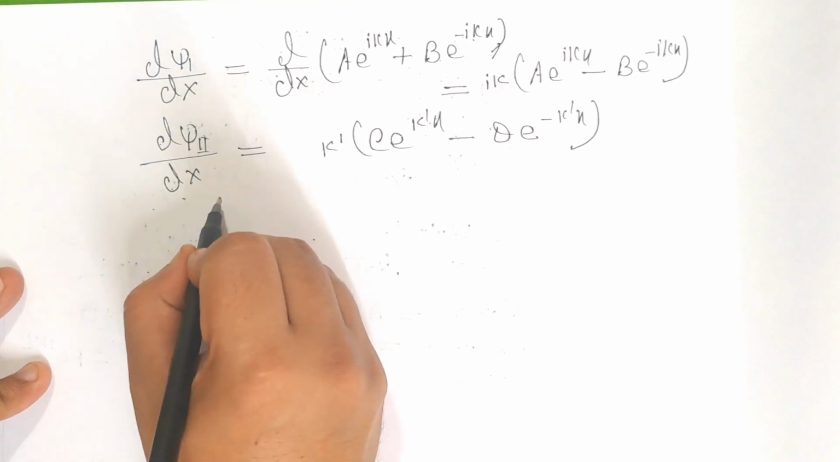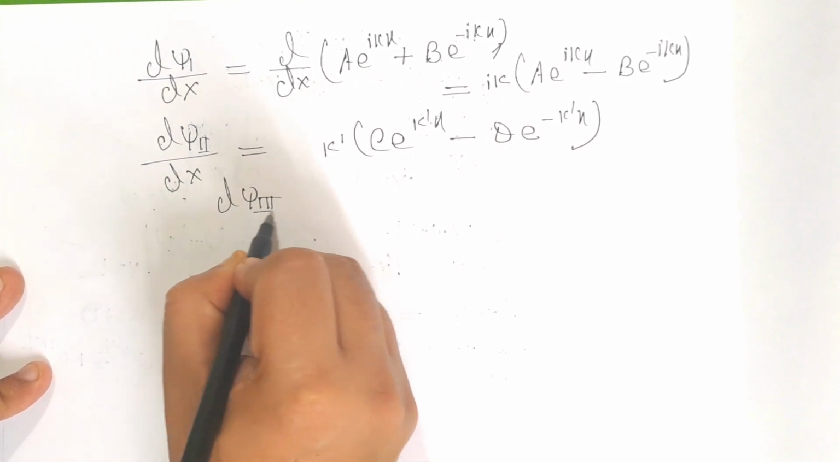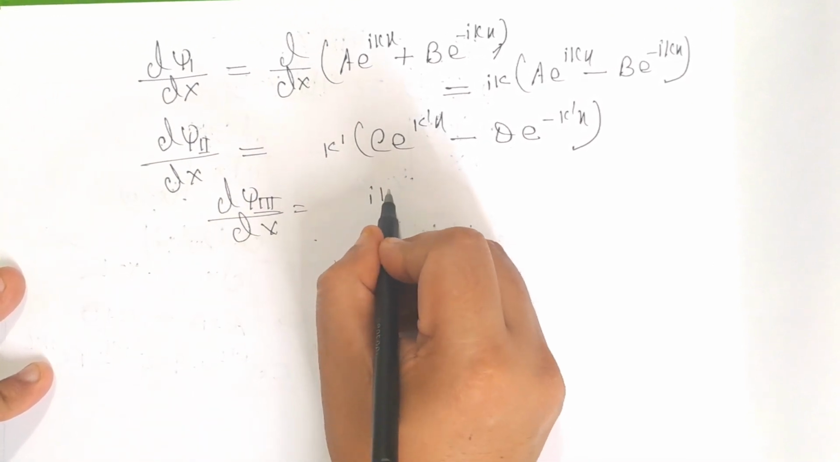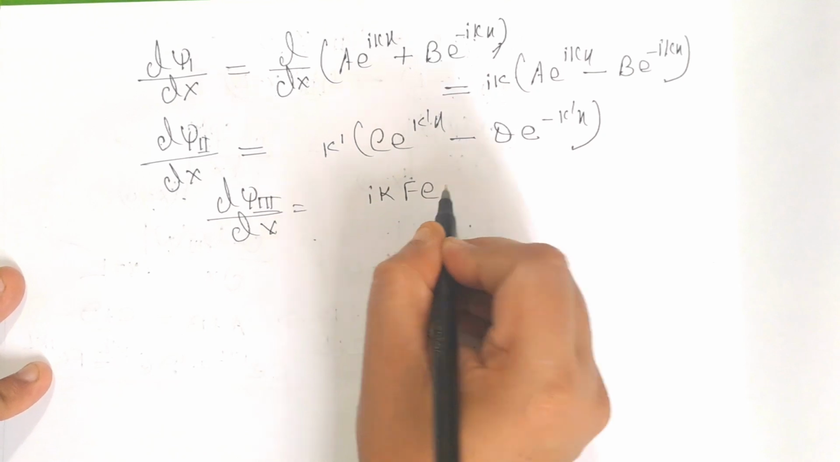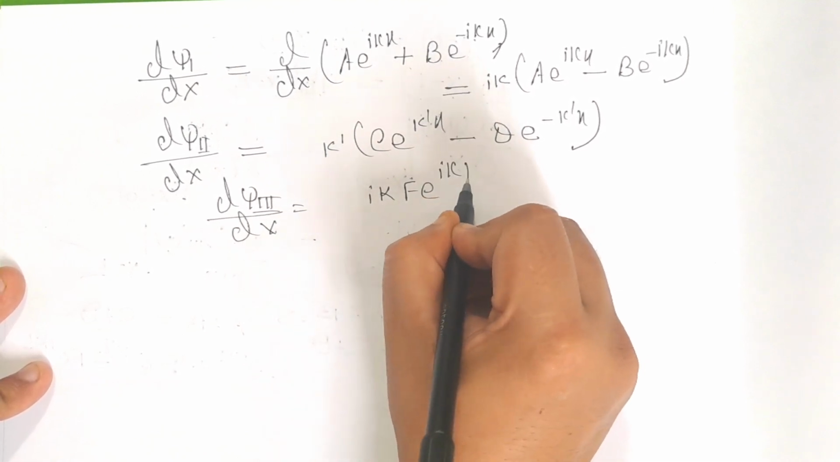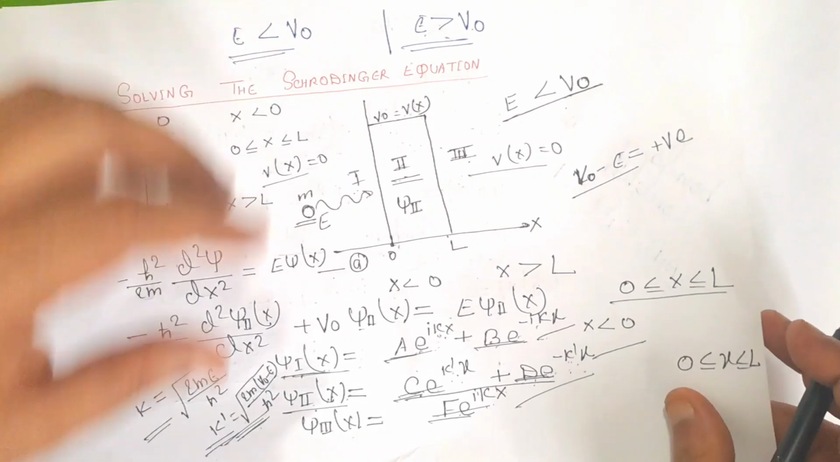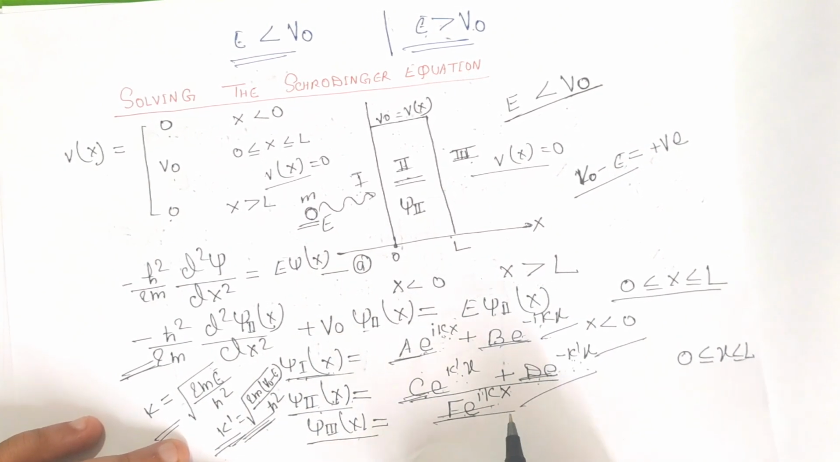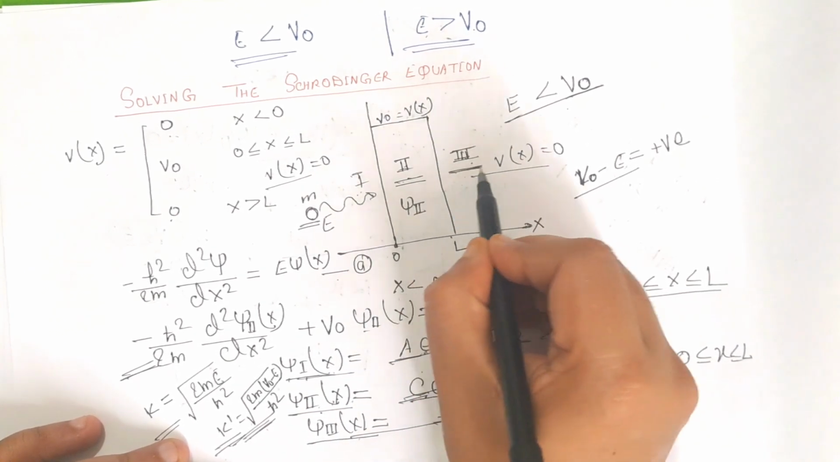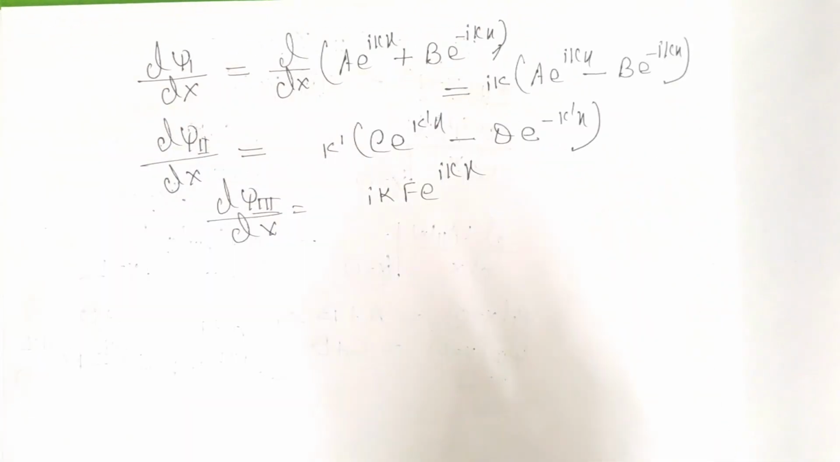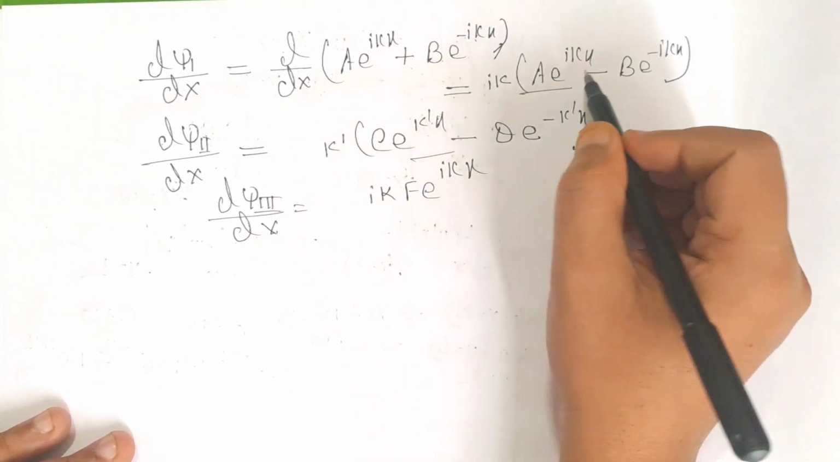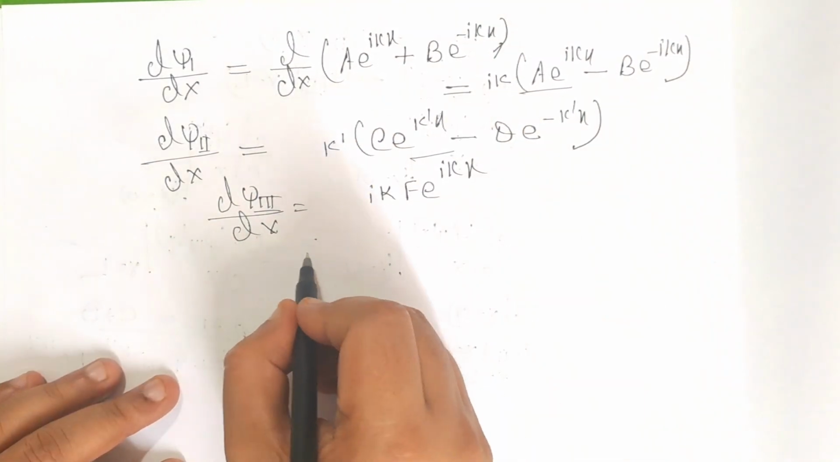And in the same way we have to differentiate dψ3. ψ3 will become i k f e to the power i k x. This is ψ3(x) = f e to the power i k x. We have to differentiate this one, and this is the solution for region 3. And if we equate this one and this one, we will get